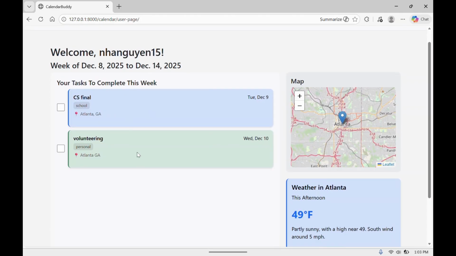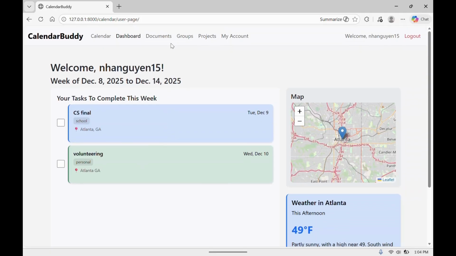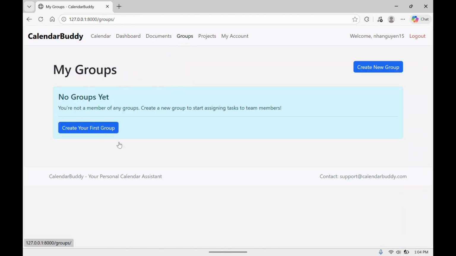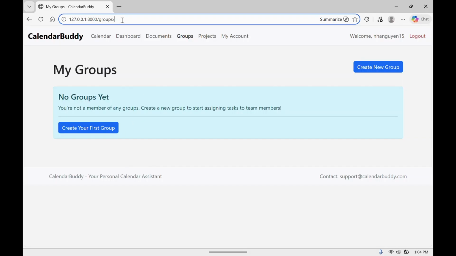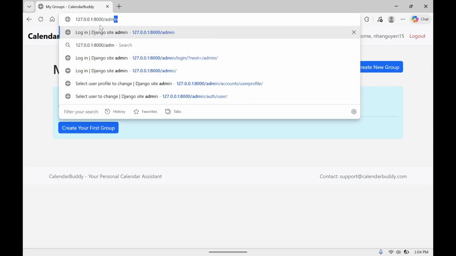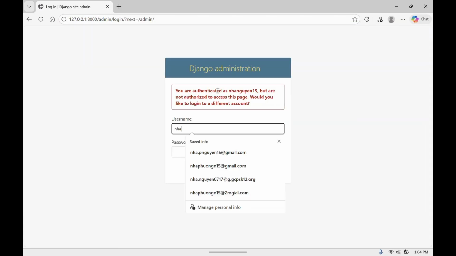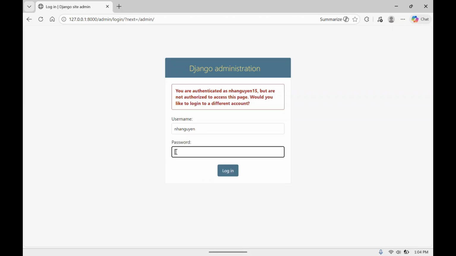And then the next user story is, as an administrator, I want to have the ability to add users to collaborate on projects and view the shared calendar. So right here, I'm not in any groups yet, but basically if I were to be in a group, then I can have multiple people collaborating on one calendar. So if I go into admin and I log in as an admin,